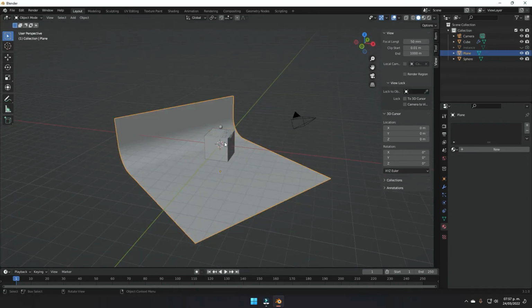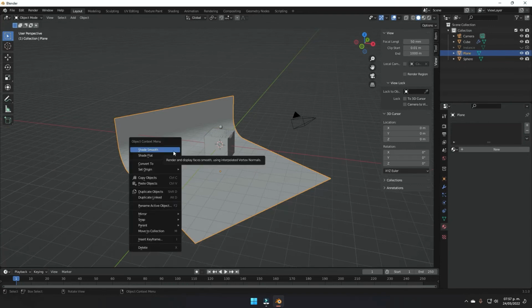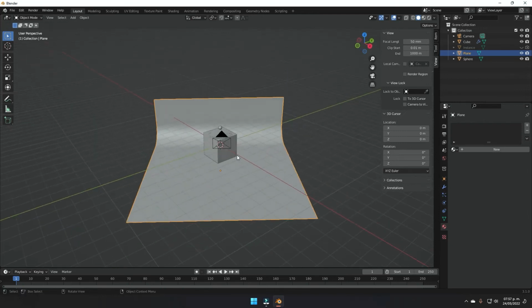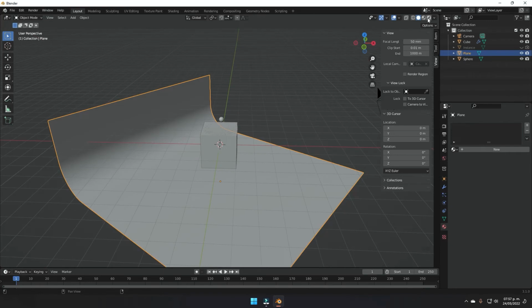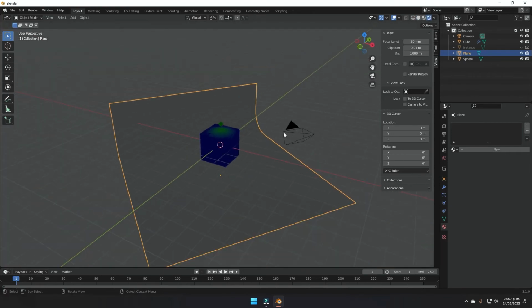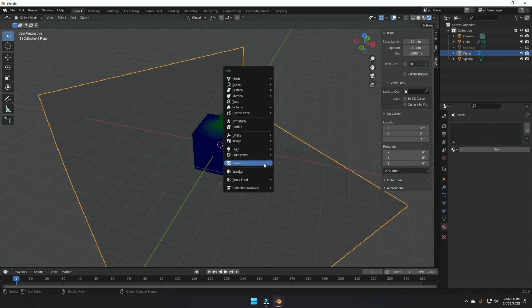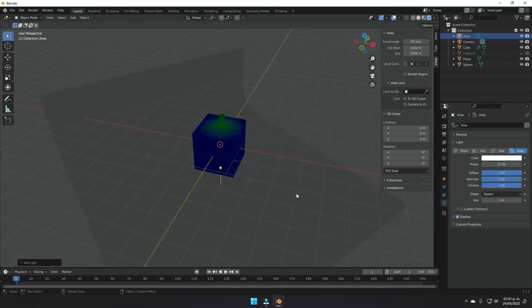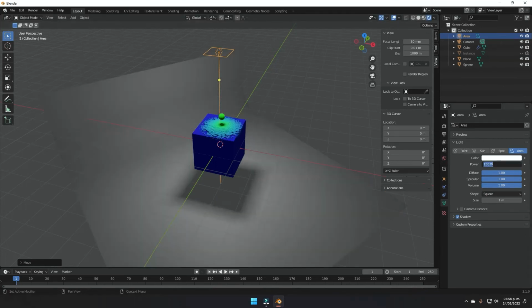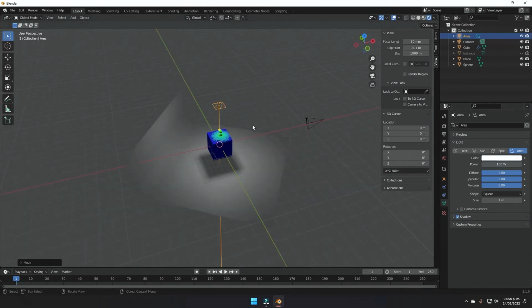Now you exit the viewport, the editing mode, and right click on your plane with the plane selected and press shade smooth. And now all we have to do is turn on the render. Right now we're going to get this weird look of our scene, but to fix that we have to press Shift A, add a light, and bring it up here. And now we can put in something like 150, maybe, yeah, 150 I think it's fine, because we're gonna